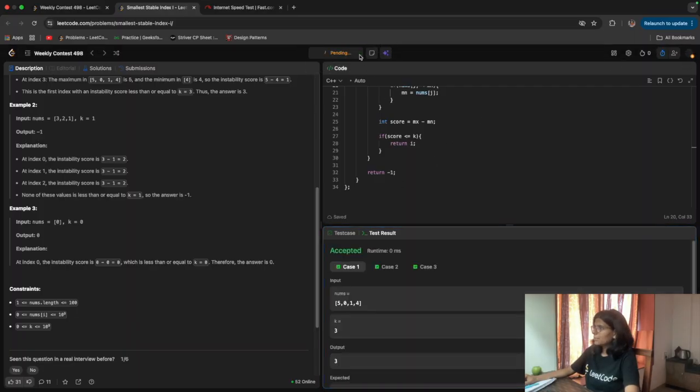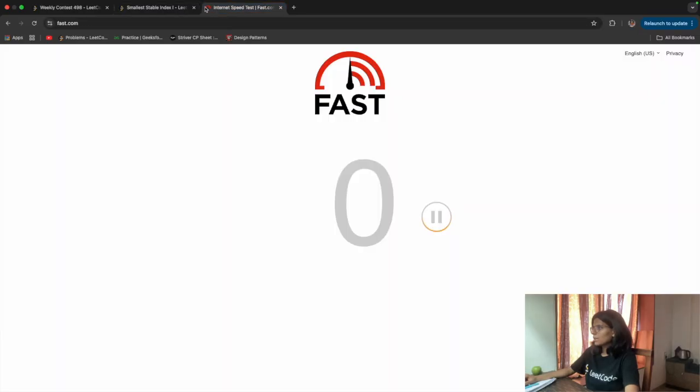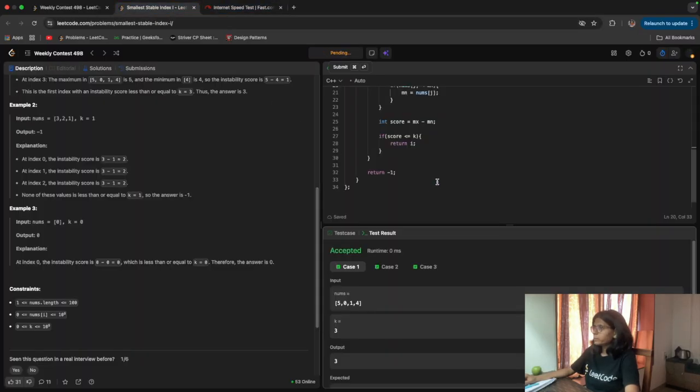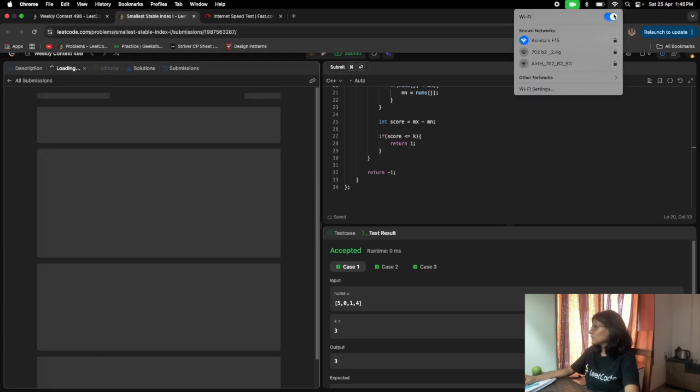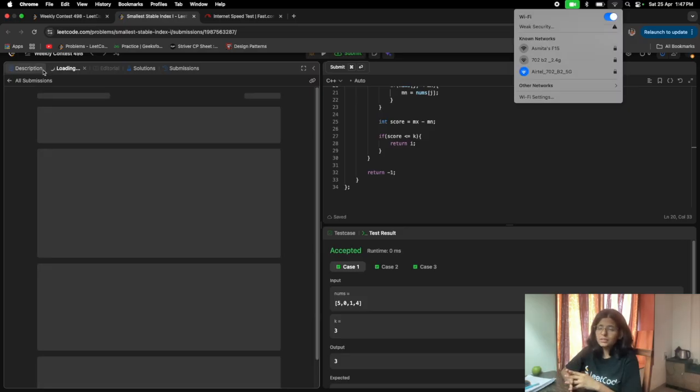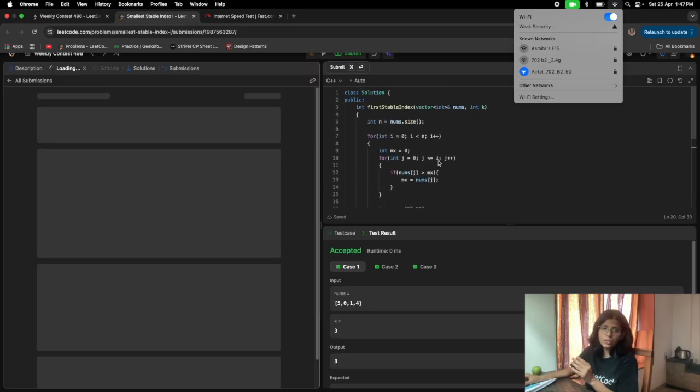It is accepted. Let's submit it. And it will get accepted because we have just 100 numbers, the constraints are just till 100. In this solution we use two for loops, so big O of n square, 100 into 100, 10 raised to 4.